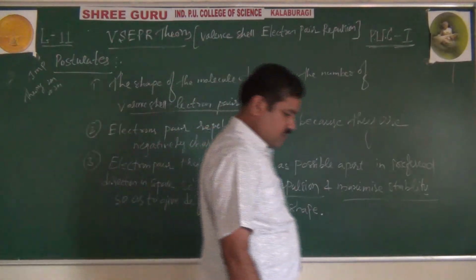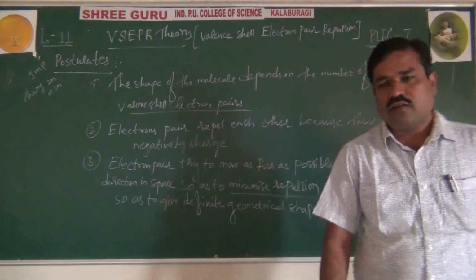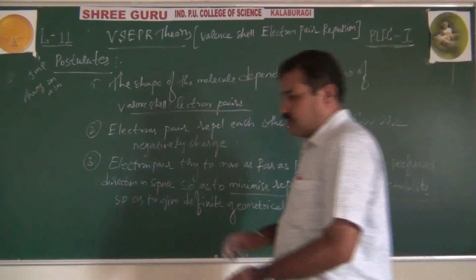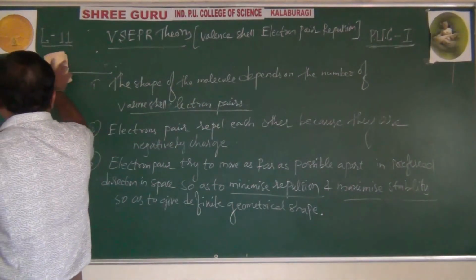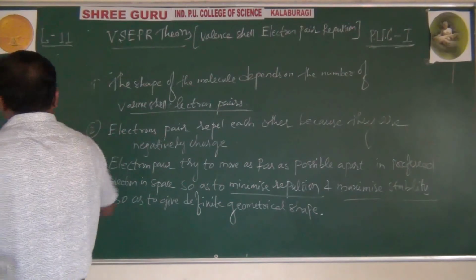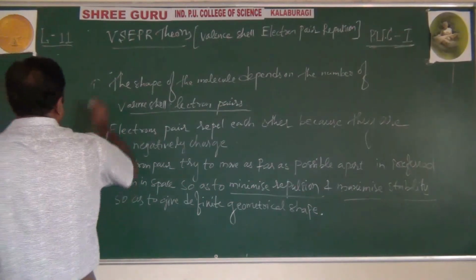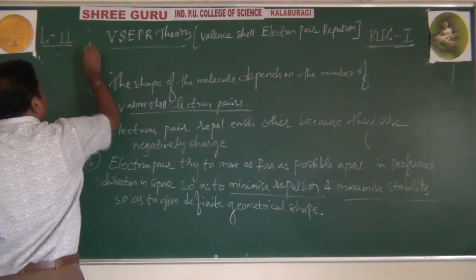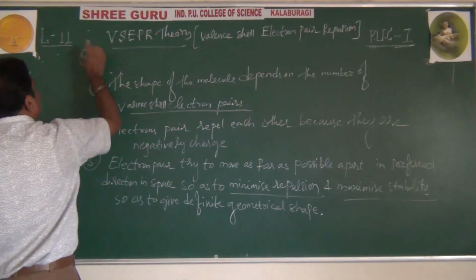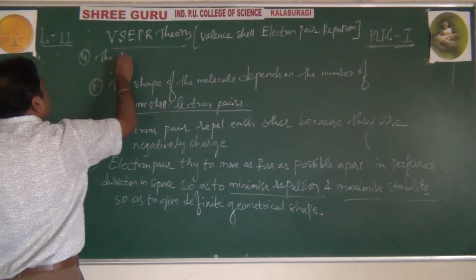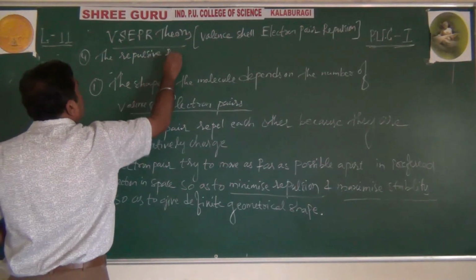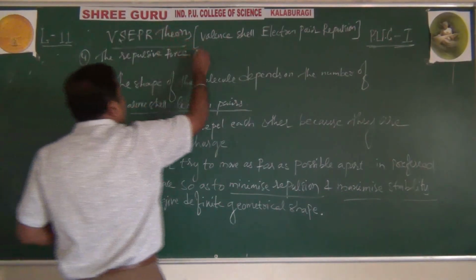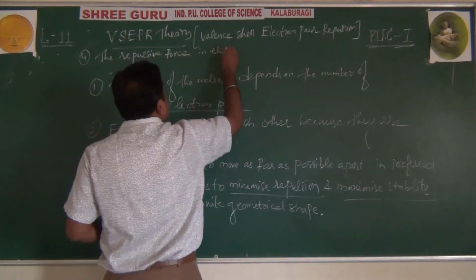Okay, to the molecule. This is very important. I told you this VSEPR theory totally depends on the repulsion force. The repulsive force, the fourth one, the repulsive force in electron pairs